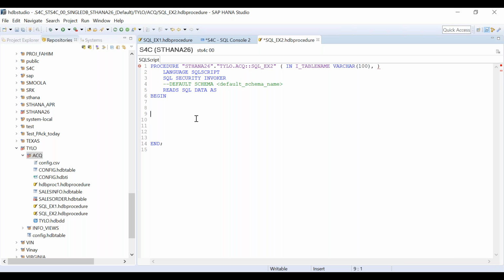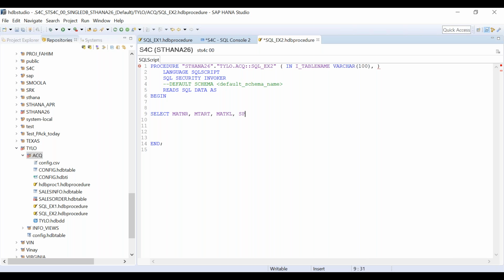Now say what I will do is create this example only for table Mara. So I will write select material number, MTART, Matcal, and Spart.